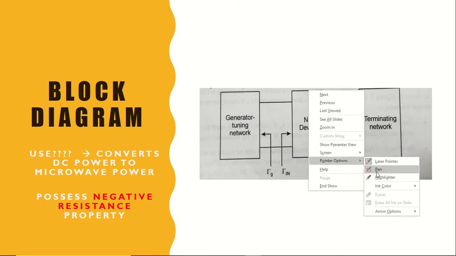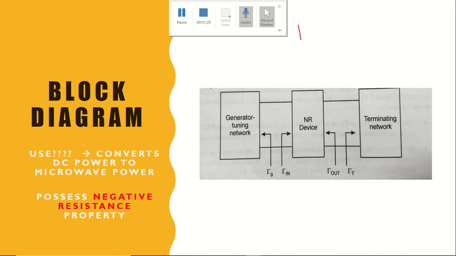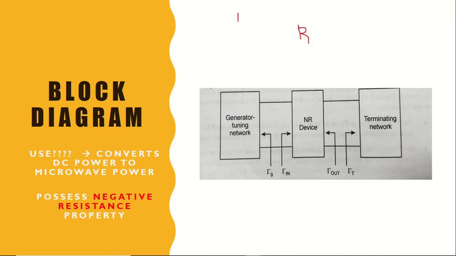Fine. We know what is resistance already. So resistance, we know, opposes the flow of current. But now we talk about negative resistance. So which means it is the opposite of resistance. It is going to generate power for us. So normal resistance opposes the flow of energy, whereas negative resistance helps us to generate energy. So by using the negative resistance property of certain devices, we are going to see how oscillations can be generated. So this is the function of the NR device that is present here.